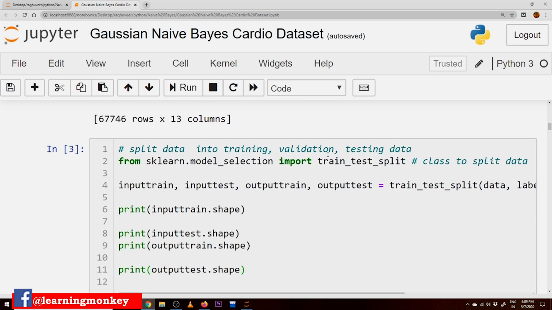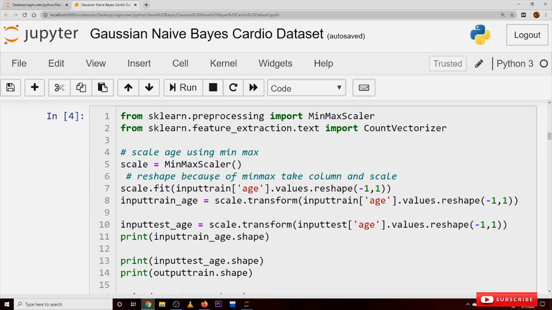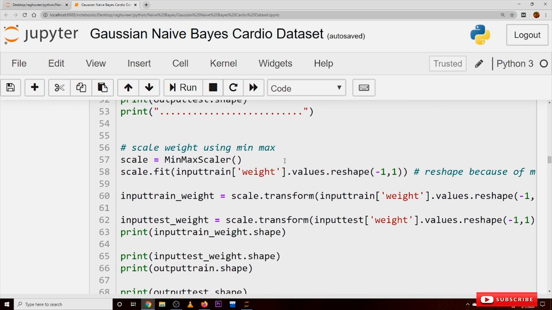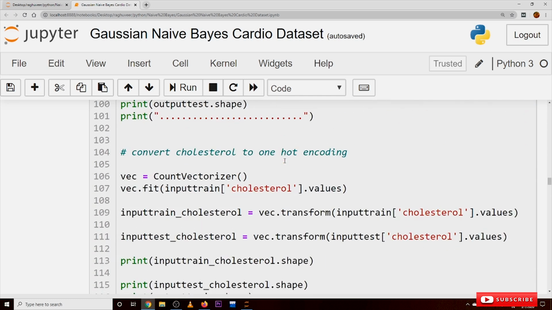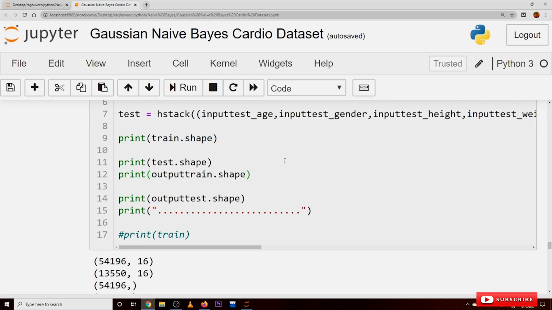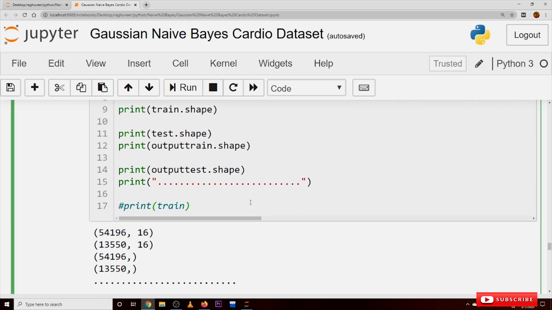All this data pre-processing code was discussed in our previous class. Here in the data pre-processing, we used min-max scaling for scaling the data. You can use normalization or standardization for scaling the data; here we applied min-max scaling. After converting all our numerical data to the same scale using min-max scaling, we combine all these values using HStack. Up to this code we already discussed in data pre-processing.